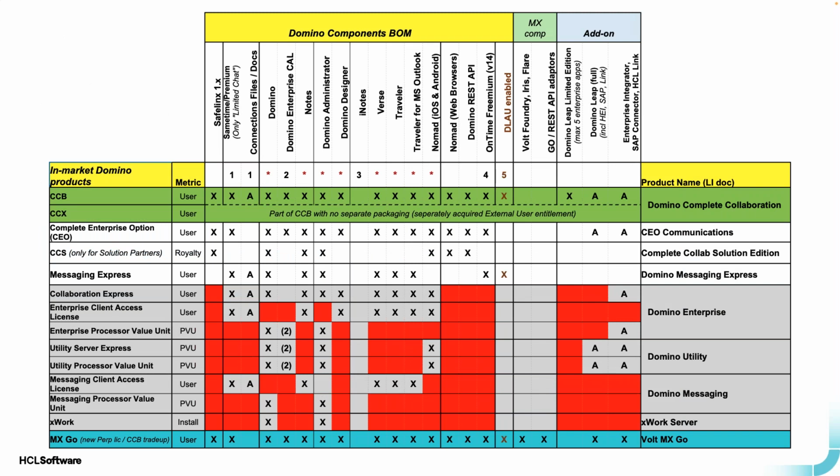So as I said, folks, I'm a visual learner, and whilst those words are important, this for me really helps me understand. You can see there the top green line is CCB. If you're on a CCB license, you get everything apart from the VaultMX stuff. And if you want that, you go to the bottom line and you get VaultMX Go. But in the grey, all the previous licensing models that we've had, that's all based on either installs or PVUs, or users,